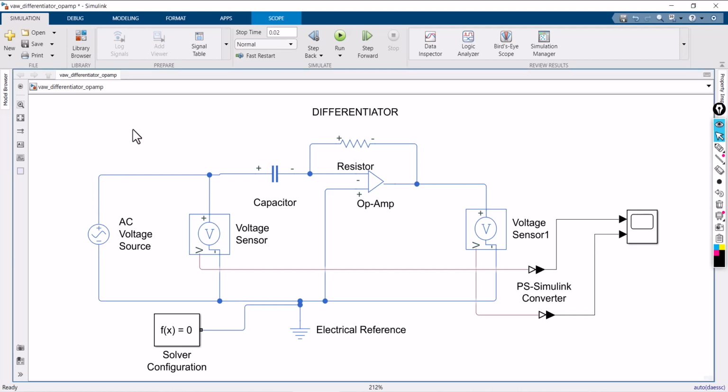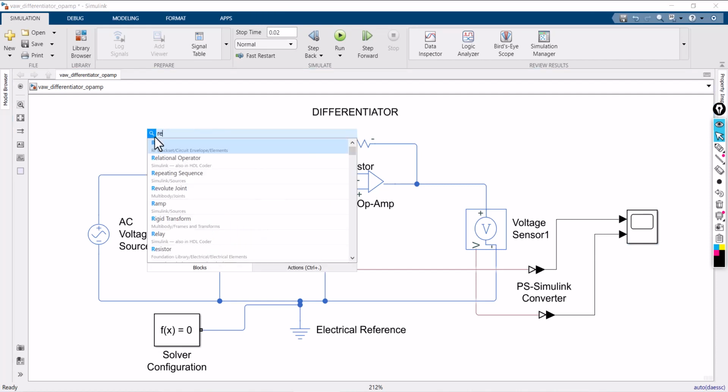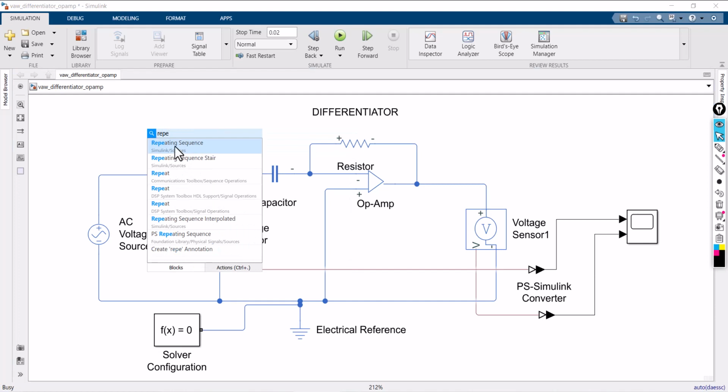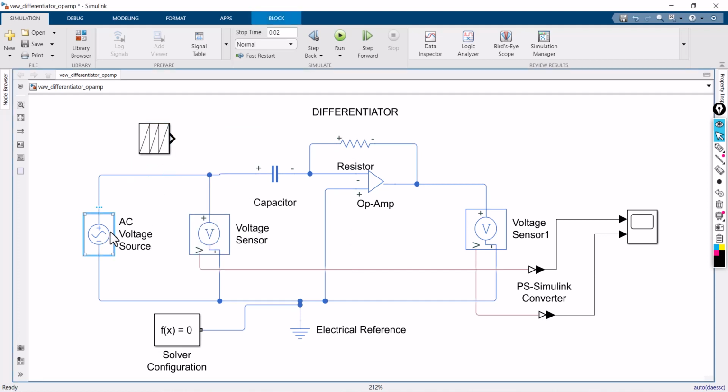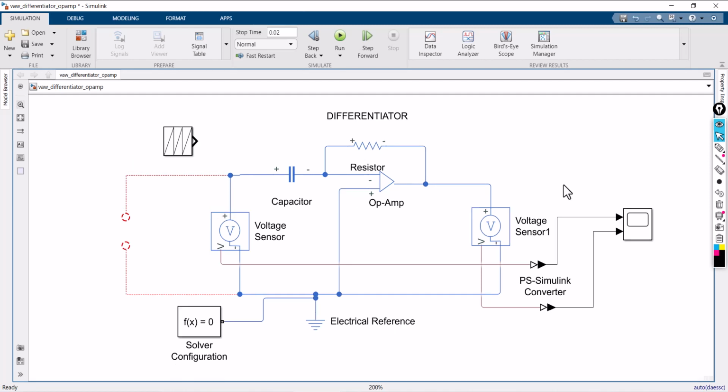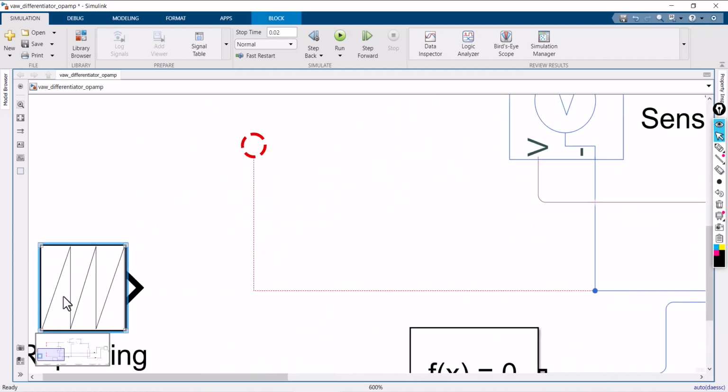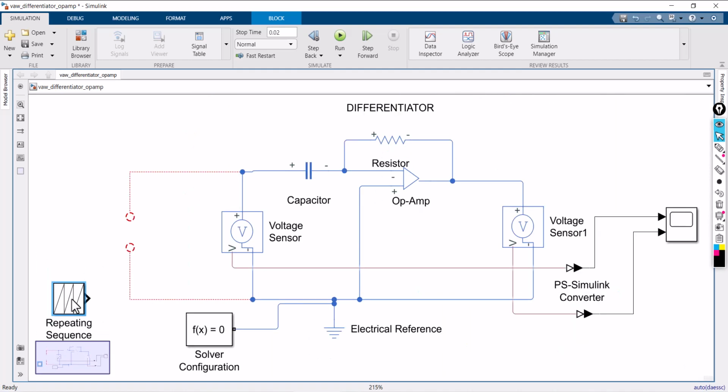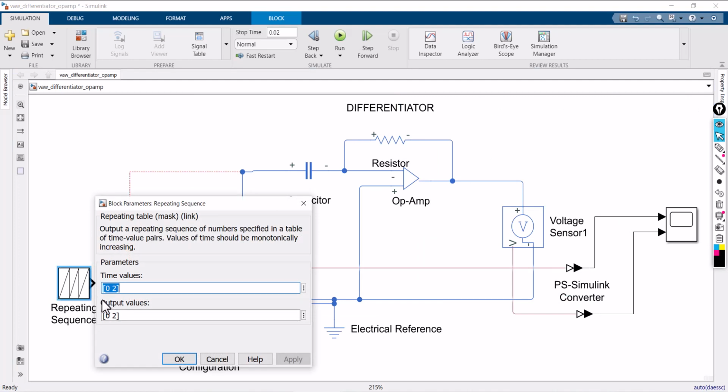You can take an element called repeating sequence. Instead of AC voltage source, I am using this repeating sequence. So this will act as a triangular waveform. See, as of now, this repeating sequence will give you a sawtooth waveform. You can change the terminals parameters, double click it, go to time values, whatever the stop time I am using, 0.02 only. So let it be the time values as